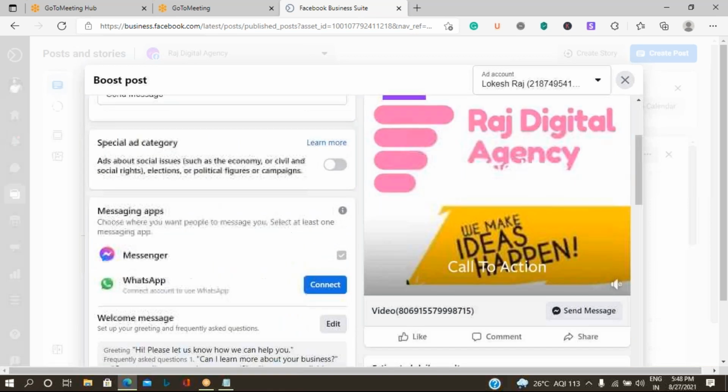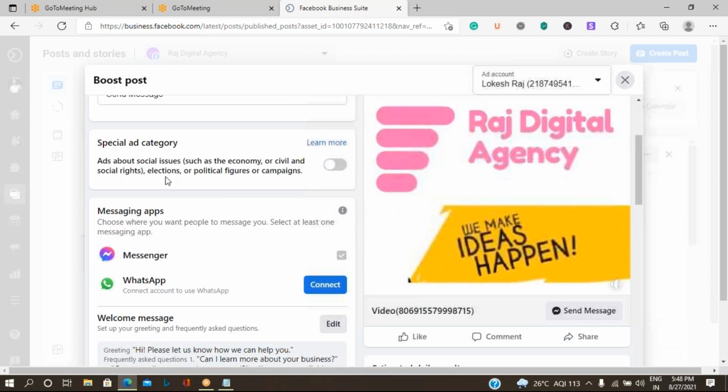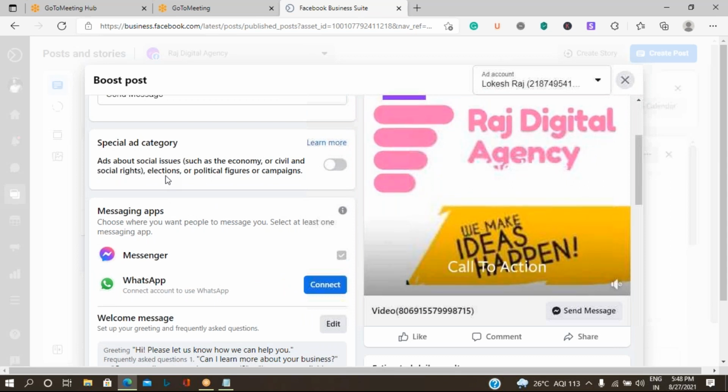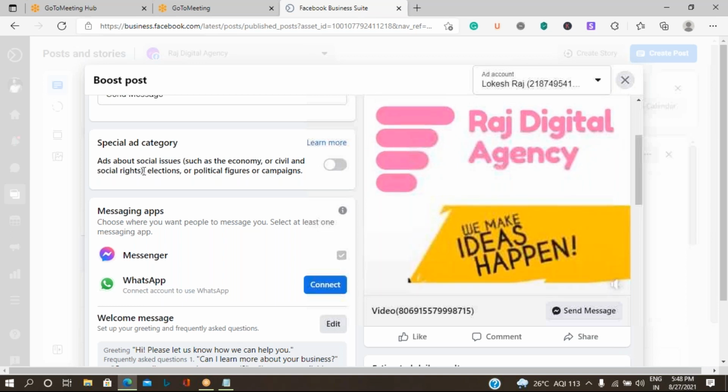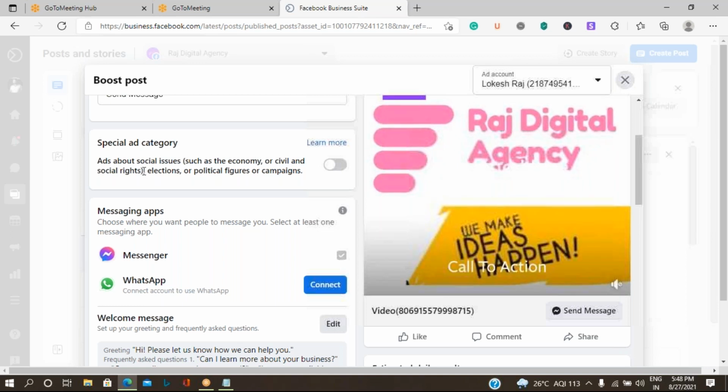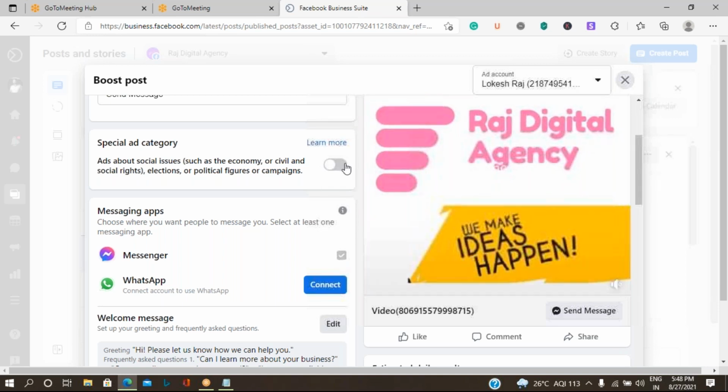The next thing is, is this particular post related to any social issues? Is it related to economy, civil or social rights, or politics? If it is anything related to this, you are supposed to click on this option.